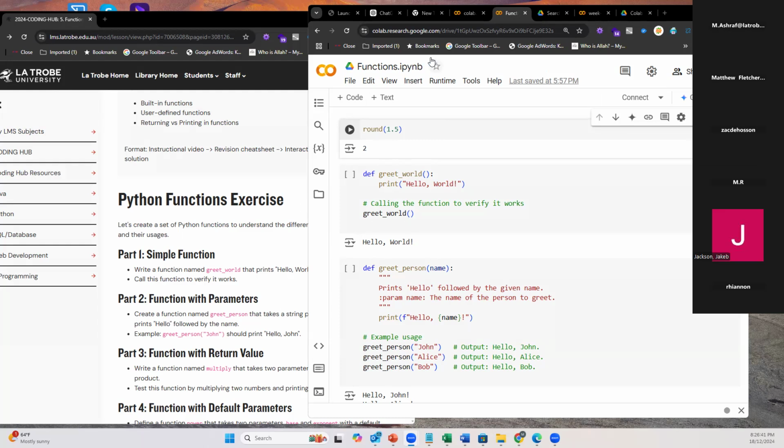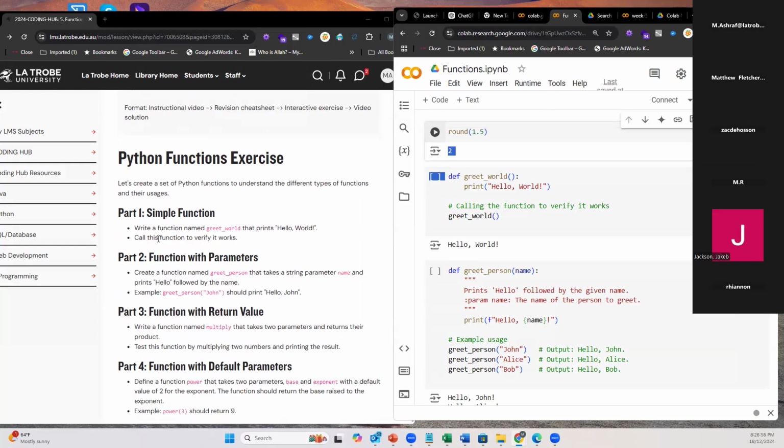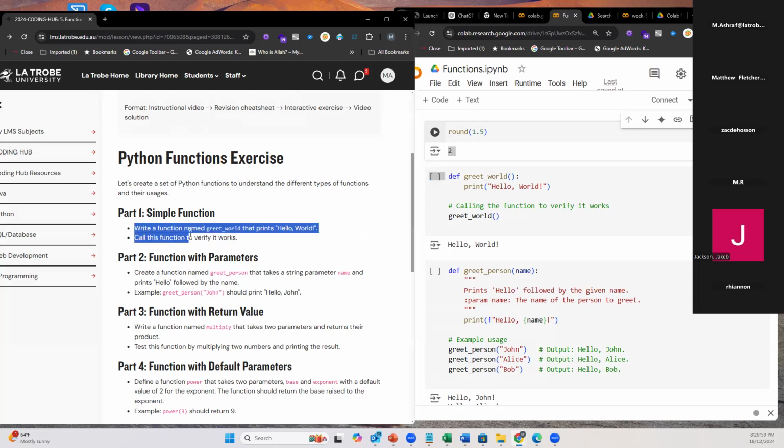Okay, so the first example is a simple function. So write a function named, look here on the left side, greet world that prints hello world. Call this function to verify it works, right? So I just try to go through the solution. The exercise and solution, I'll go through step by step, and I'll share the link so that you can practice, and you can ask me any question on that. So to do that, I can define a function on the right side. You can see that